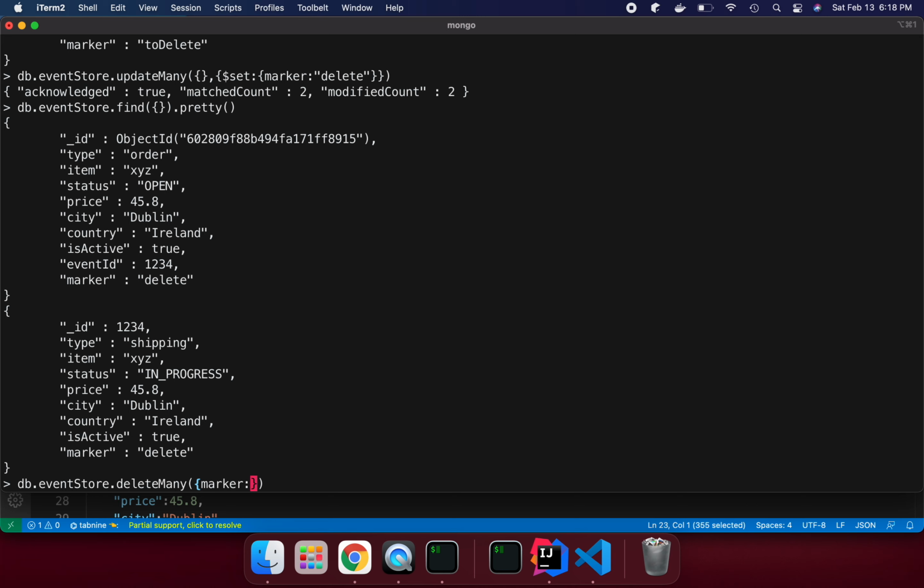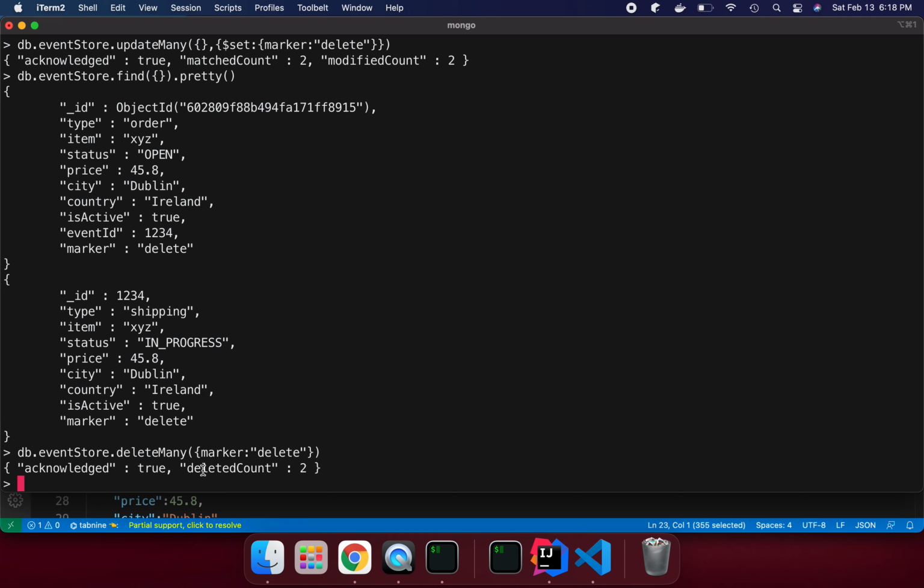You don't need to put double quotes, that is perfectly fine. So I'm going to say marker to be deleted, delete. I'm going to try to find all the documents where the marker key has the value delete. Please delete it. Okay, so let's try it and see what is happening. So we can see it's acknowledged true, it was successful, and deleted count is 2, which means 2 documents are deleted. That's perfectly fine.